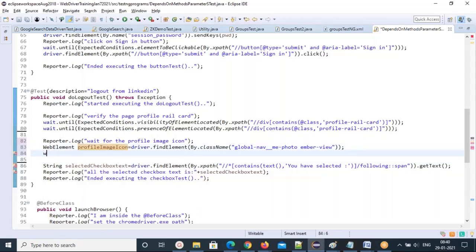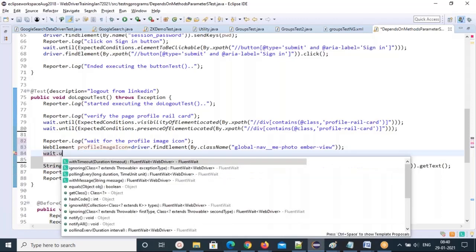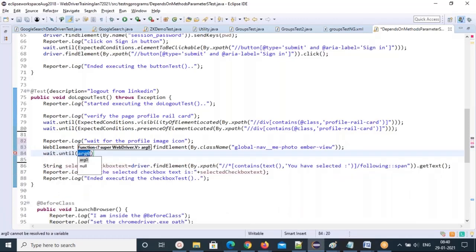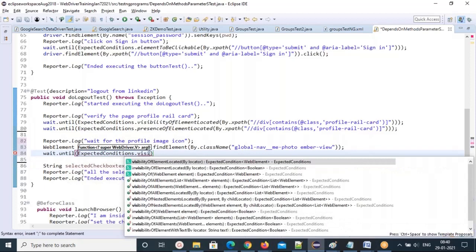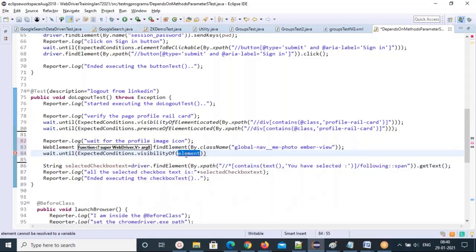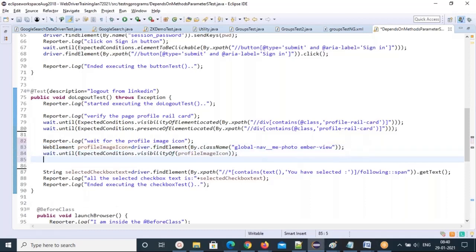So how I'm waiting, just observe this, guys. Wait dot until, one more method I'm using here, expected conditions dot visibility of element. The element name I can give, so this element name I'm going to pass. So visibility of this element, and then I'll click on this.